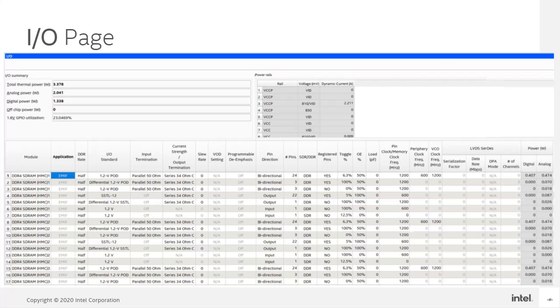Next, specify all the basic properties of the I/O, such as direction, I/O standard, termination, and drive strength. Set the SDR/DDR column to single or double data rate, depending on whether the I/O can change state either once or twice per clock cycle. Toggle percentage